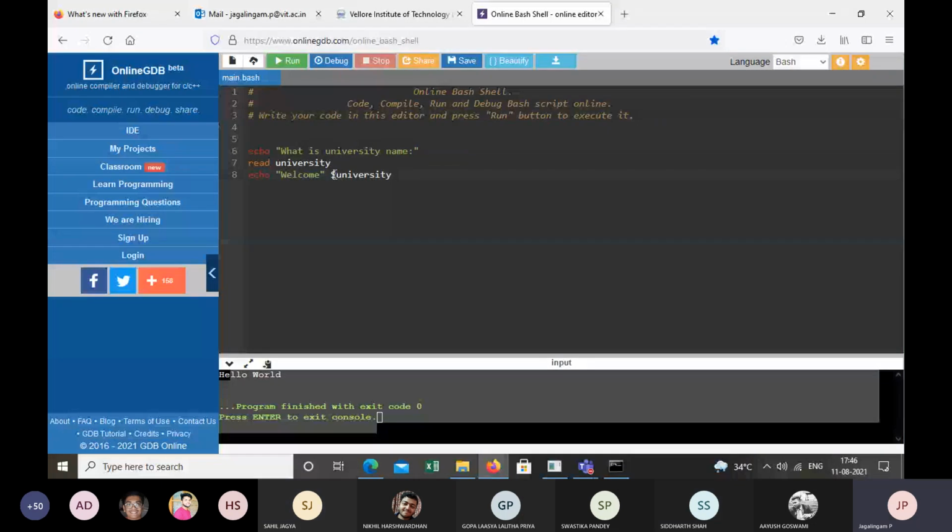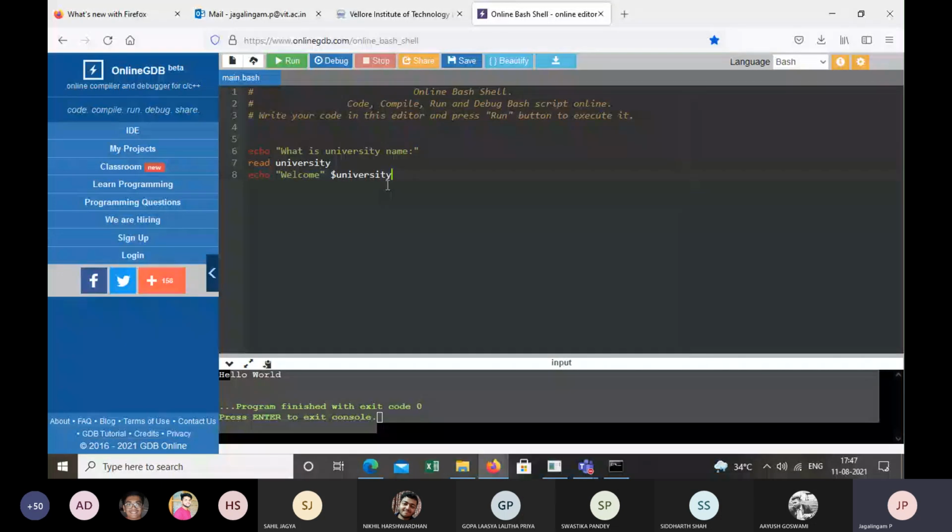Dollar symbol. Okay. Look at this. University is the variable where it reads the input from the user. Right now, university has some content, and I want to read and print that. So I use a dollar symbol for that.